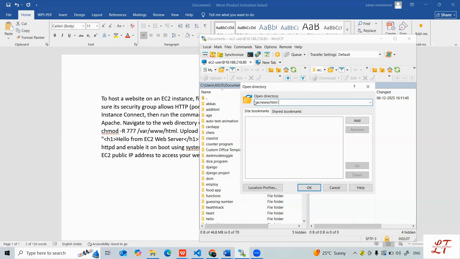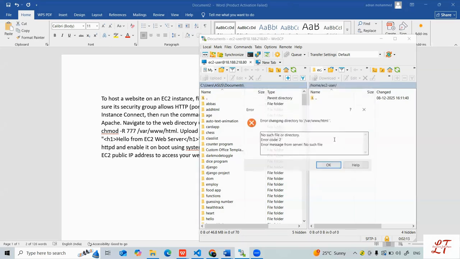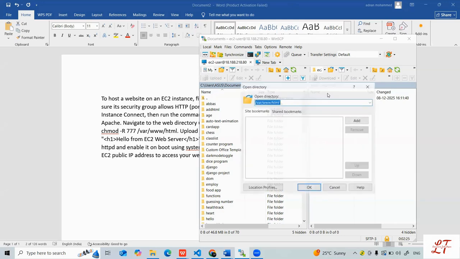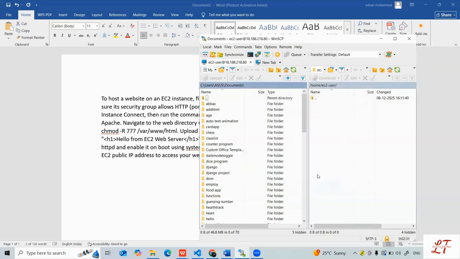Oh yeah, I forgot to add this one here. And now I'm going to click OK here. One second, I think I'm making some mistake here. Yeah, now it is done. So basically I forgot to put a slash here. So now it is working fine.